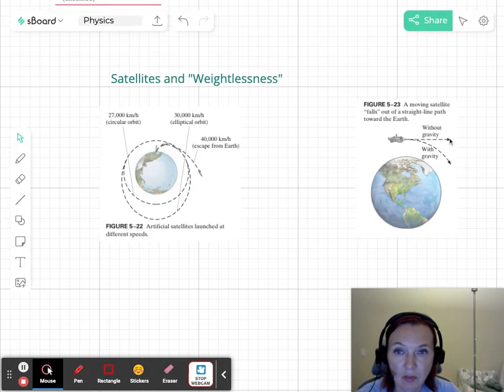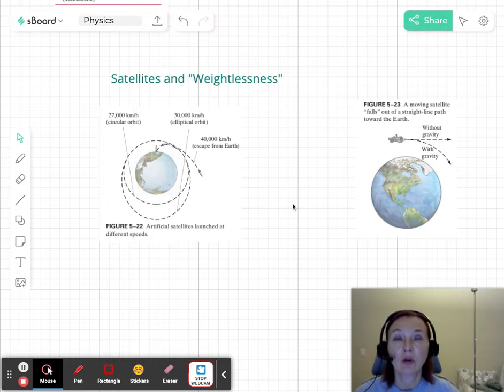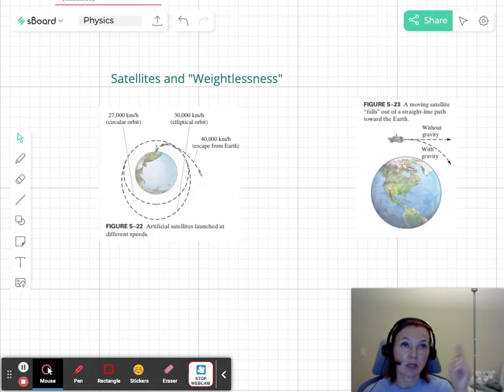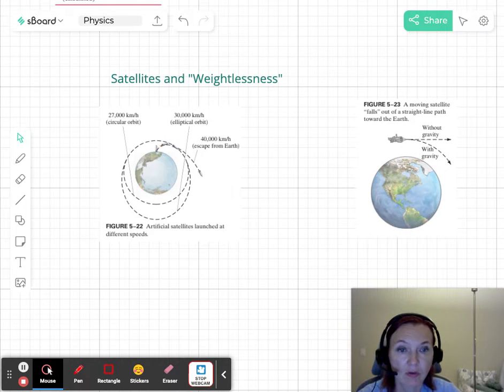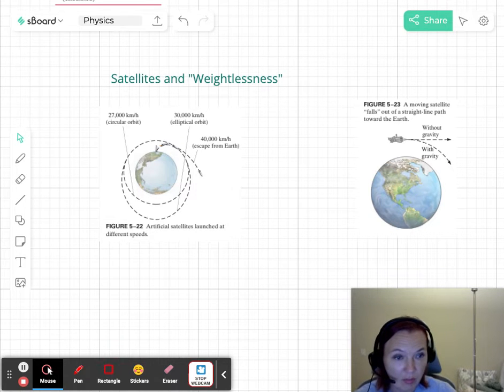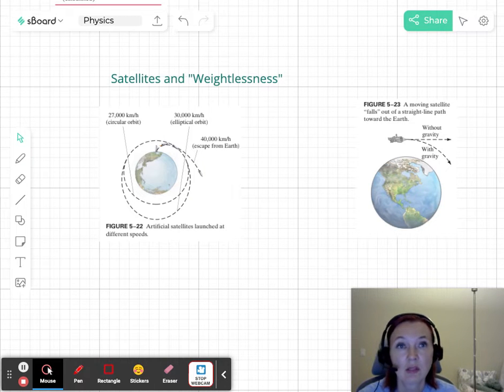You can see here the path without gravity, and then with gravity, it's continuously being attracted to Earth. It's like what we did in our very first lesson, when we had an object, a ball, spinning around us. We saw that the centripetal acceleration is pointing towards the center. Same thing here: the satellite's acceleration is pointing towards the center of Earth. Again, a satellite is falling towards Earth, but because of its speed, it does not hit the Earth.